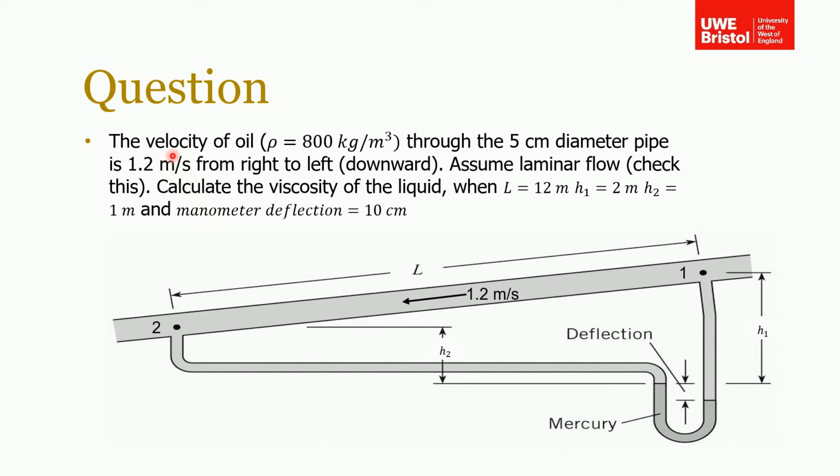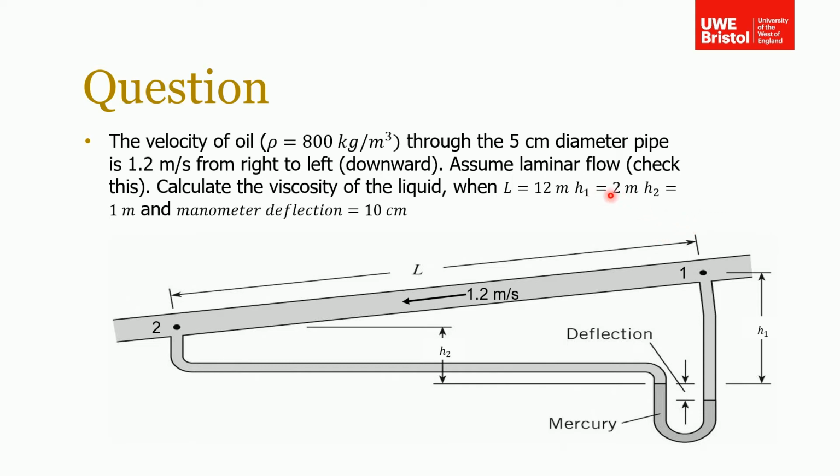In this question, we've got an inclined pipe here, and we're told the difference in height, also the height of point 2 relative to a datum, and the height of point 1 relative to the same datum. And it's oil, and we're given the density, and it's flowing through this 5 centimeter pipe at 1.2 meters per second. And we're asked to calculate the velocity of the liquid and we've been given the length of the pipe,